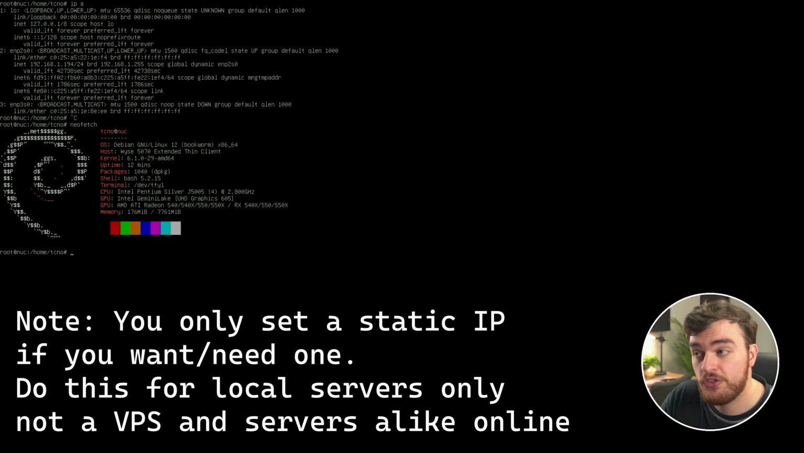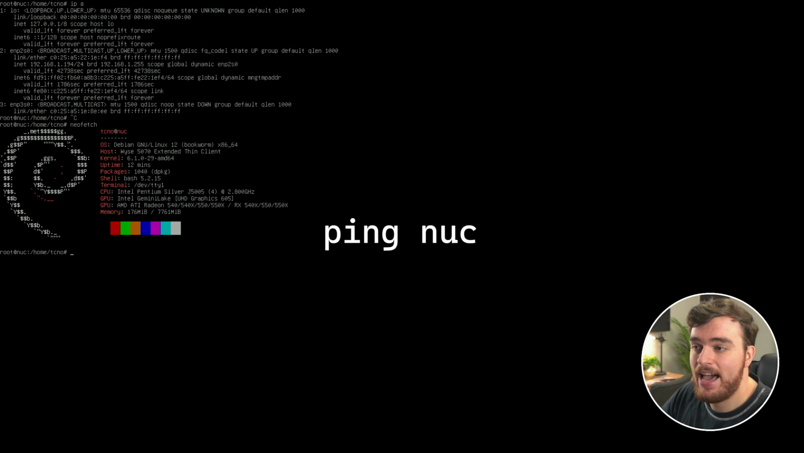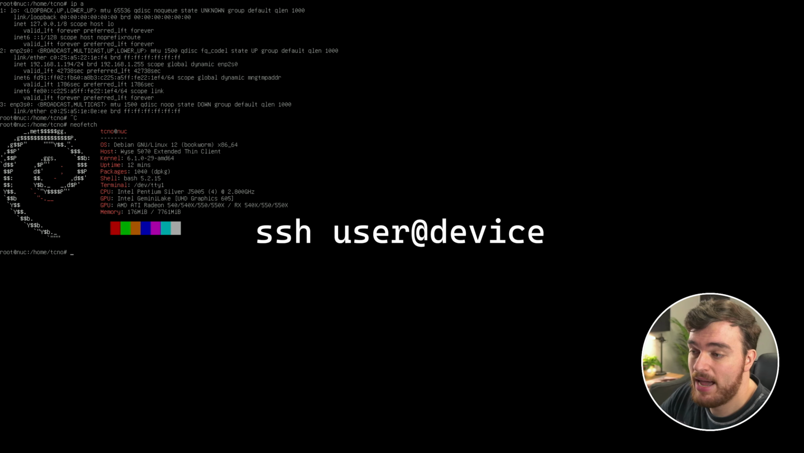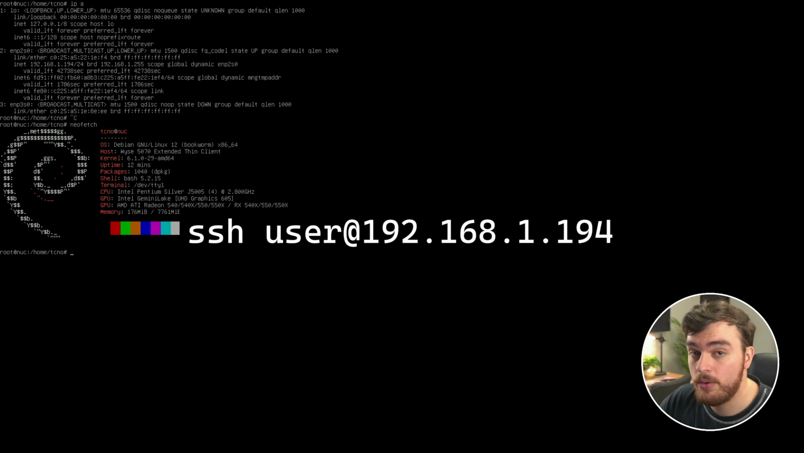just so we can find it on the network later on. Just keep in mind that if you gave your device a name, such as nuck, we can use ping nuck, and it should resolve on our network, so we can just use SSH username at nuck, for example, instead of using this IP address here, or we can set a static IP anyways. We'll use